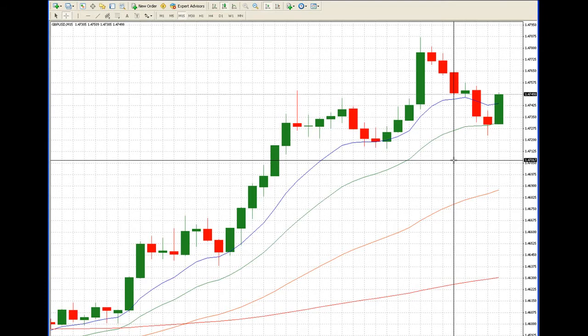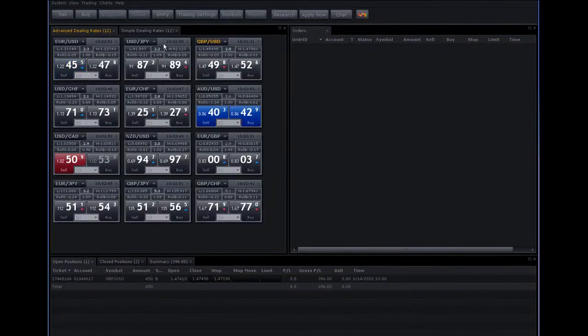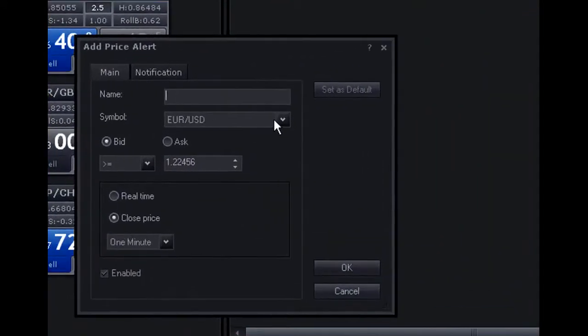So what I'm going to do is, this is something I do. I go into my broker platform and I click on trading. I click on charts and I go to price alerts and add price alert. And what I do is I select the currency. I select the price. Now what I do is I just say, let me just see when ask is at 1.4763. Let me just change this to 63. And I've done the ask there because I want to see as soon as any sort of market price